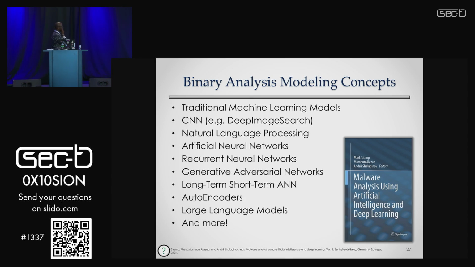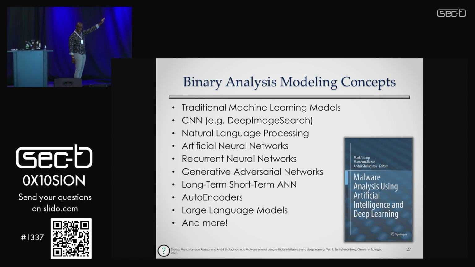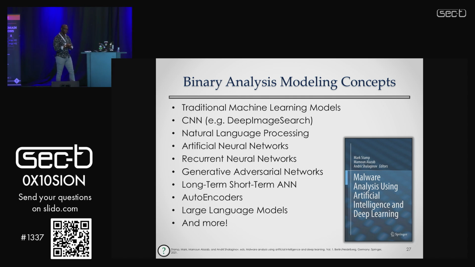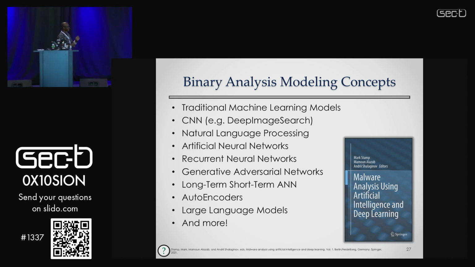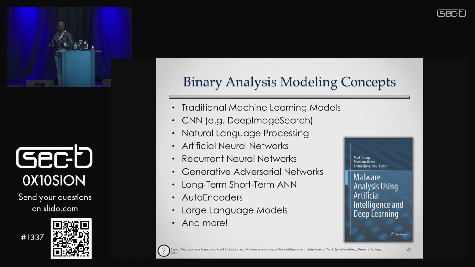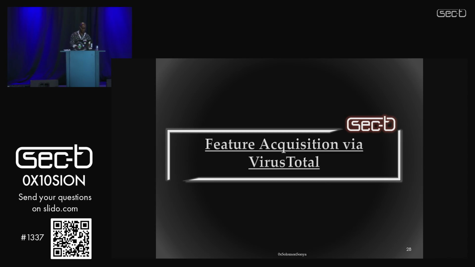Now, I want to leave you with this quick reference. When we go into the modeling, we understand features, and now we look at which specific model types we should use. I would like to reference this entire book. Depending on how good your Google is, you can actually find the book in a PDF version. It's like a Bible of many different research and analyses that people have done in various areas. I'm working on many of these, and if we can see what people have done before, it makes it easier for us to apply this to our own specific domain.